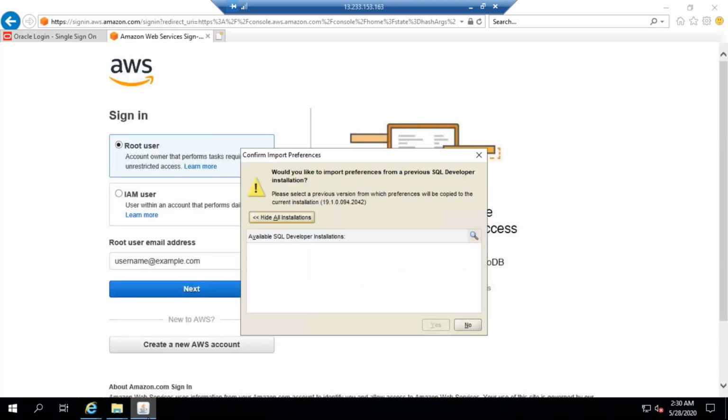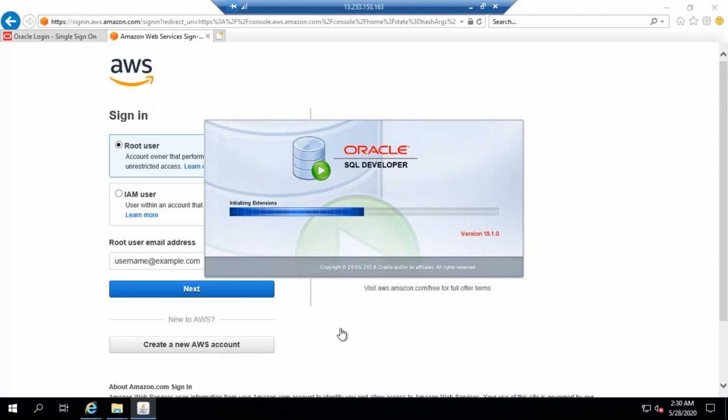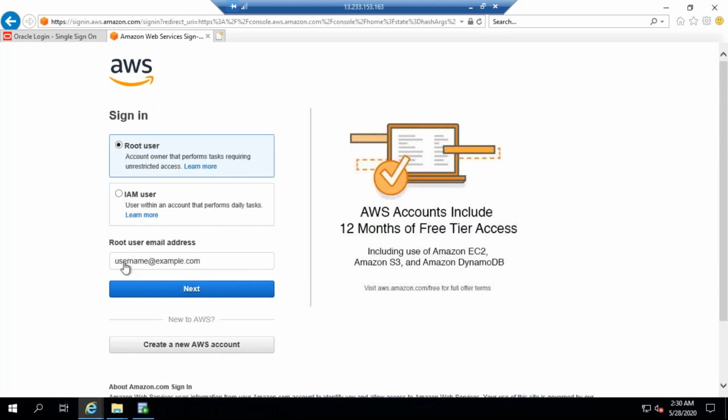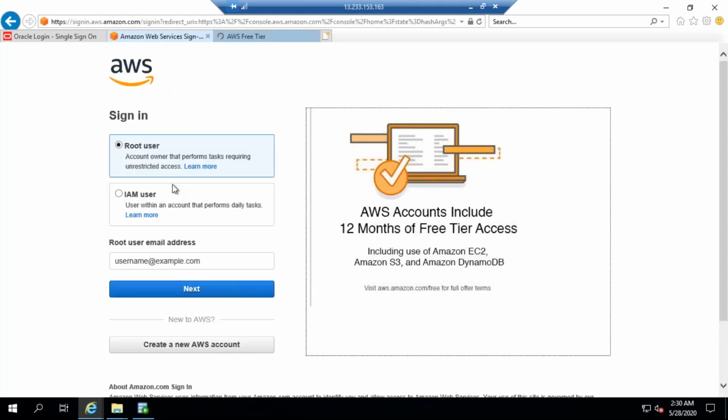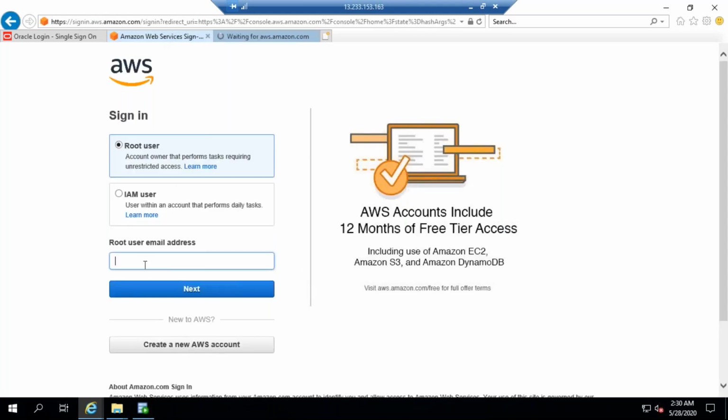So that will open automatically. Root user. Let me log in here. Gmail.com. Click next.